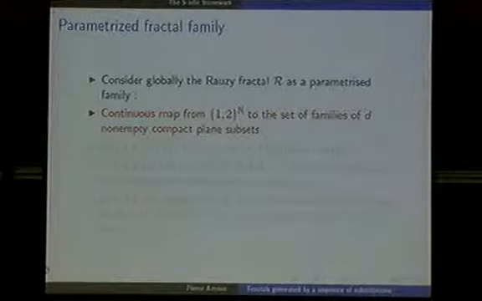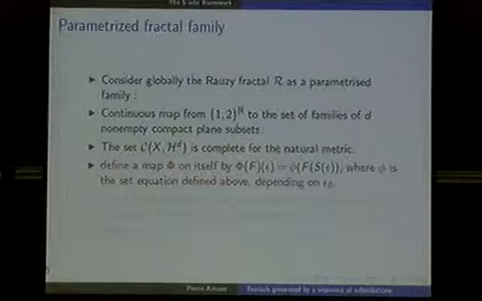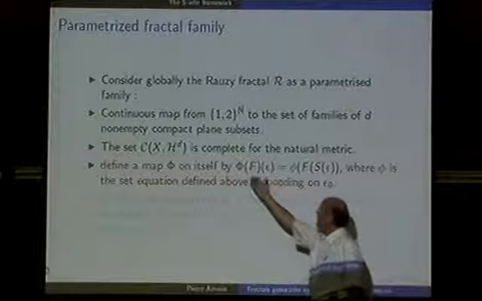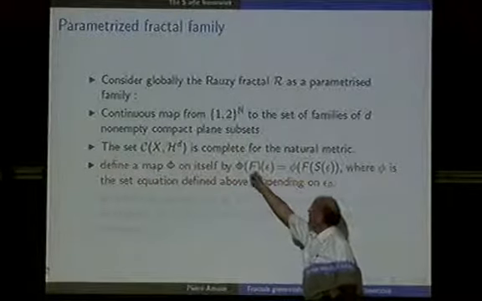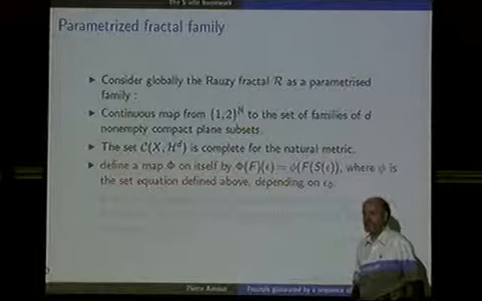So I consider all such functions with the natural uniform metric. So this is clearly a complete space. And now I define the map on this space by, for any such parametrized family of sets,